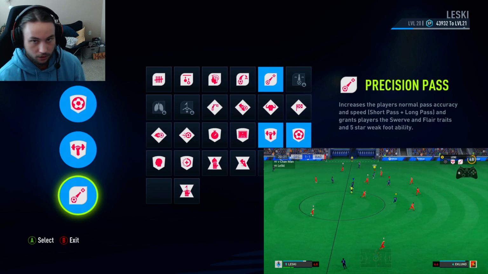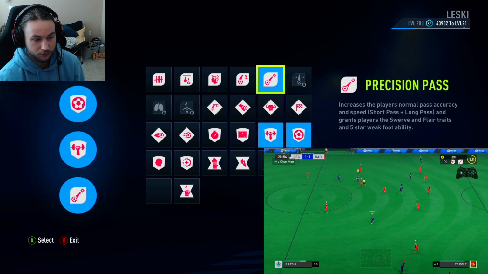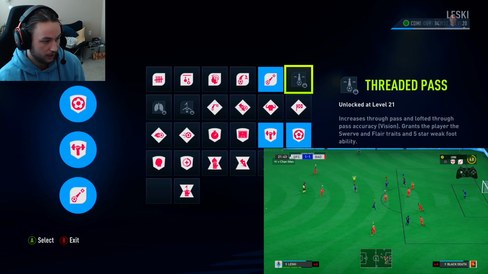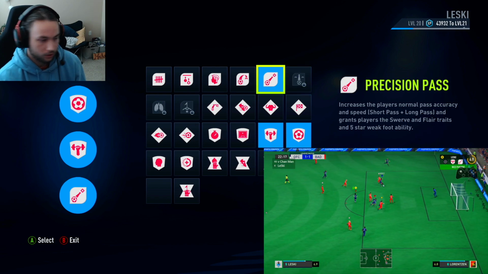read the pass. There are a few more options that you can go for if you don't have the precision pass unlocked or if you just don't want it. I would definitely prefer the threaded pass if I had it unlocked. This will increase your through balls. I would like that a lot, but I don't have it unlocked yet, so I'm just going for the precision